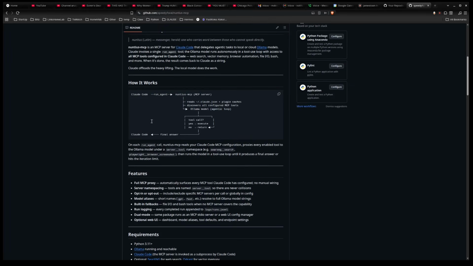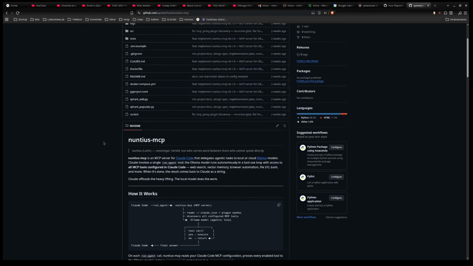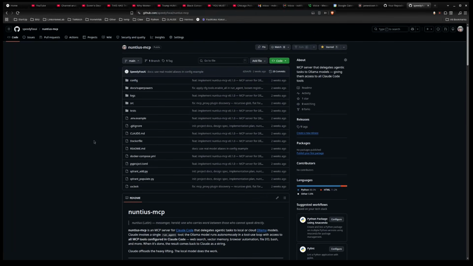But I wanted, number one, Ollama is cheaper by a lot, right? And the models in Ollama are very capable. Since I've been using Claude Code, I wouldn't say they're as capable, I think they have different strengths and weaknesses. But I like to spread things out.